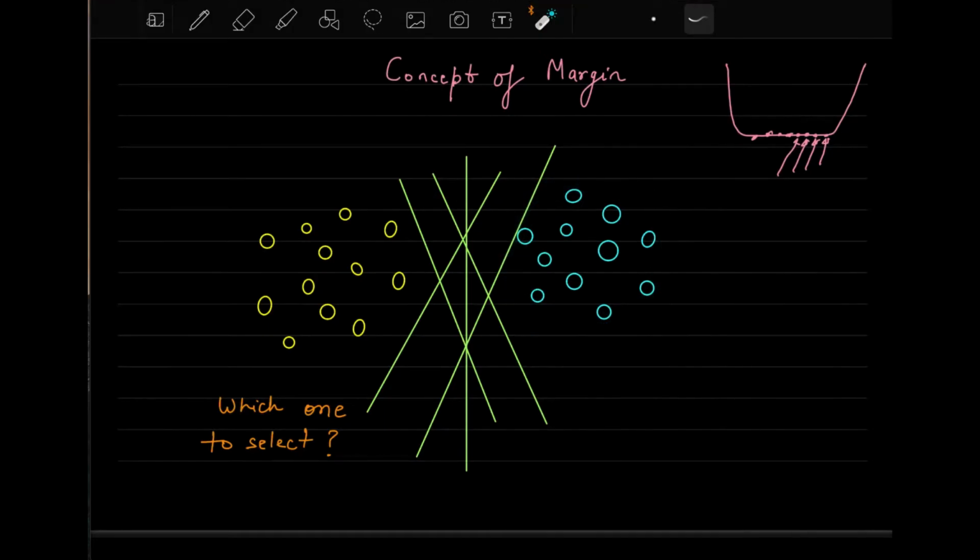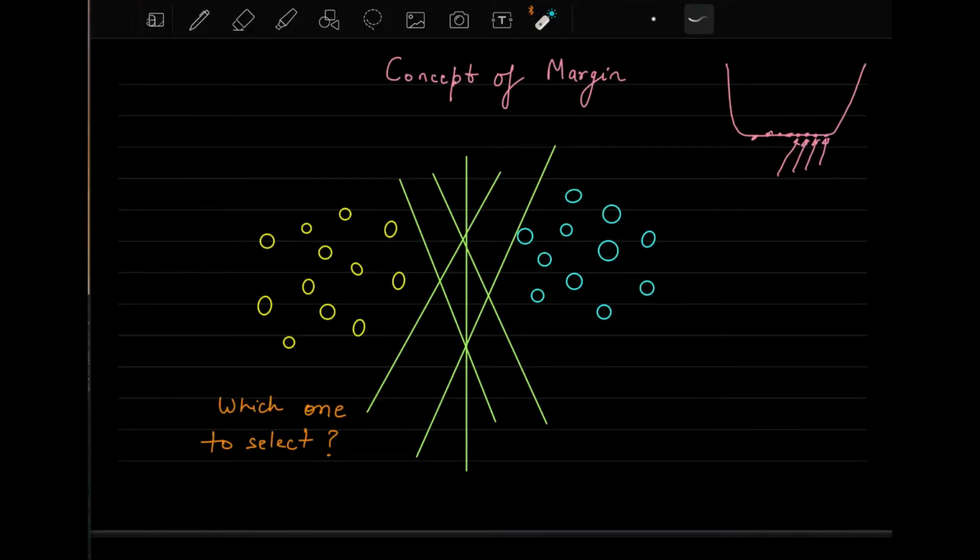Sir, one thing I wanted to ask: since it has a lot of global minima, if instead of looking at this margin we look at this global minima graph that you plotted beside, is it really depending on the space or the point where we are initializing, or will it depend on alpha, the learning rate? Because if it has big strides, then it may end up somewhere in the middle.